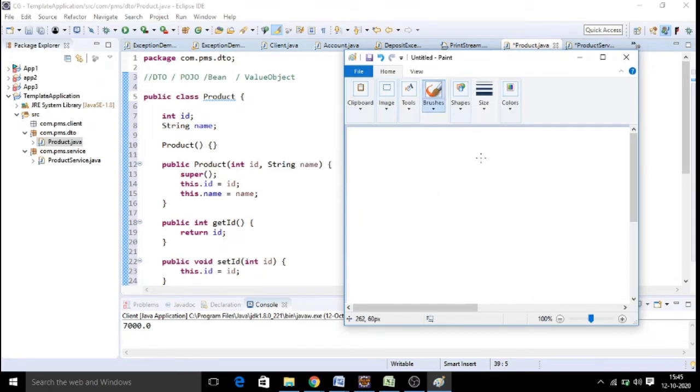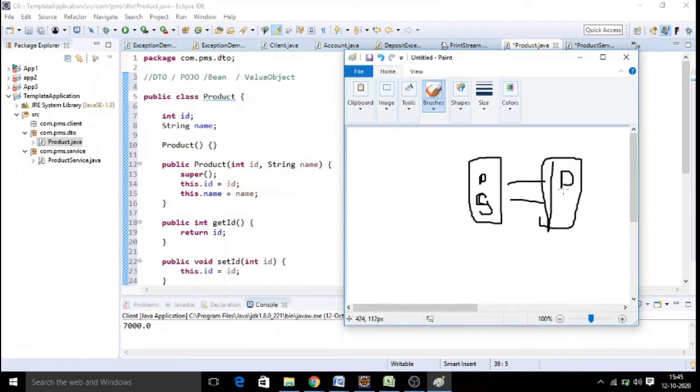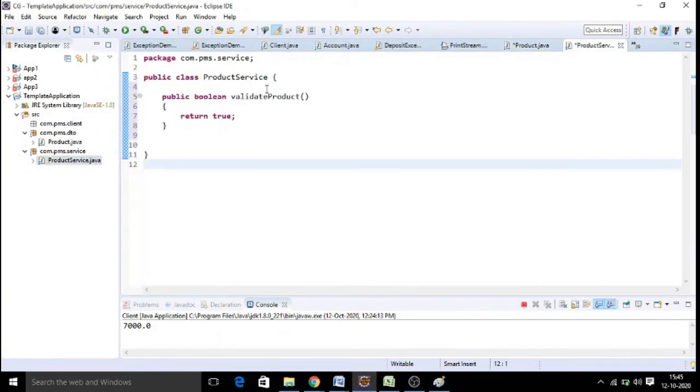We first write a product service interface, and we will have an implementation called product service implementation. This is going to be a class, and this is going to be an interface. So in this service package, let us have an interface first instead of a class. We can extract an interface from the available class. That is always possible.